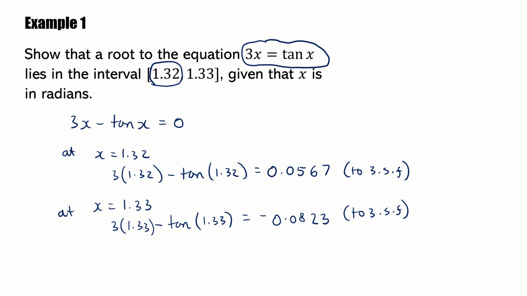So therefore, we need to be aware that this is a show that question, which means we now need to write a conclusion to illustrate that we're aware of what's going on and why that means there is a root. So here are the things you would need to include in the conclusion to guarantee you get the marks. You need some sort of mention that the change of sign has occurred. So therefore I'm going to write, therefore, as there has been a change of sign,